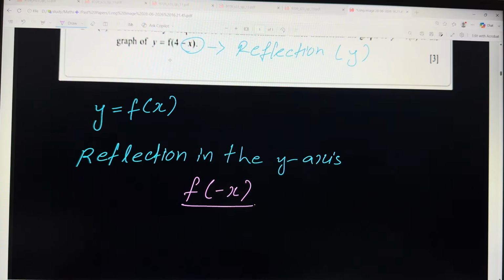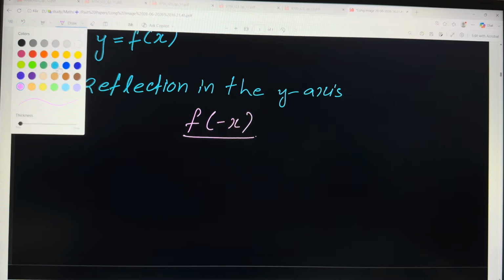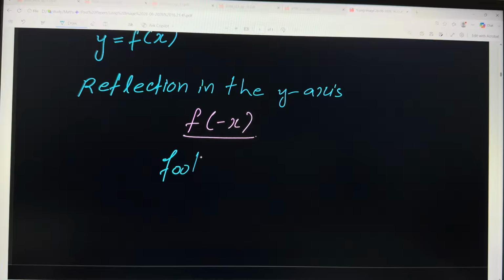Because you can see that there's a minus x, that means a reflection in the y-axis, and then followed by